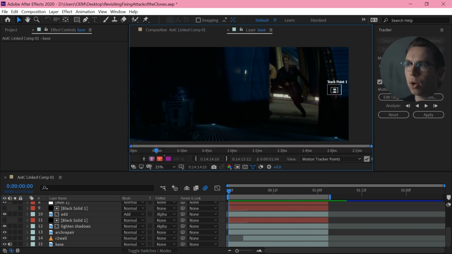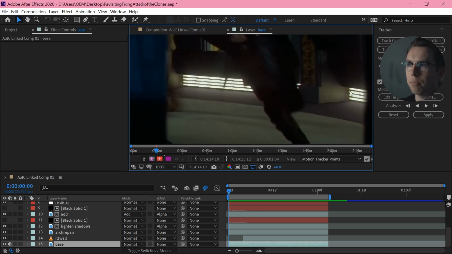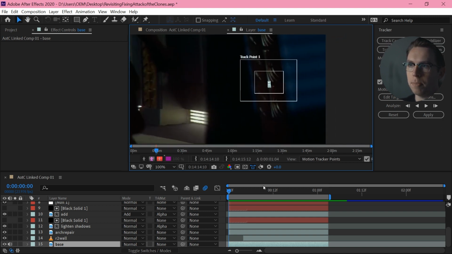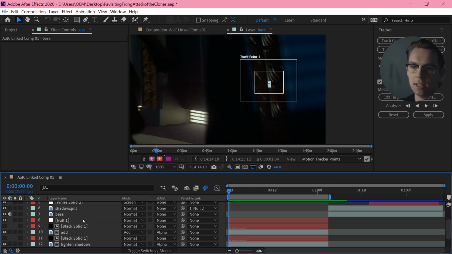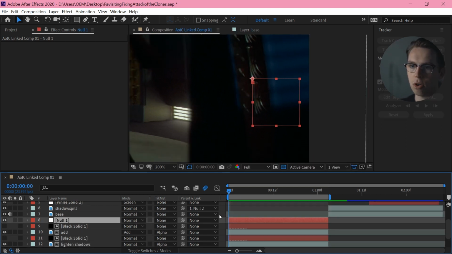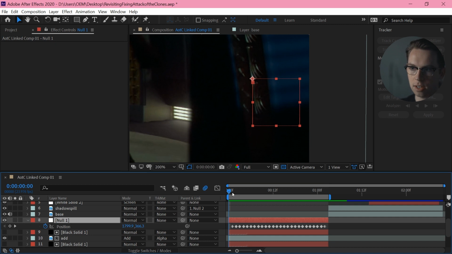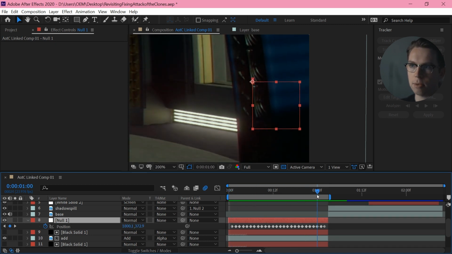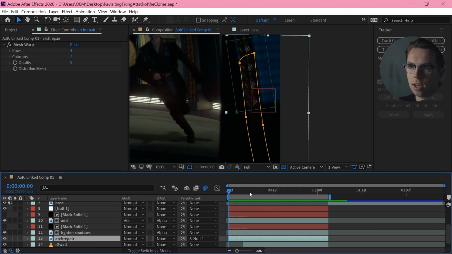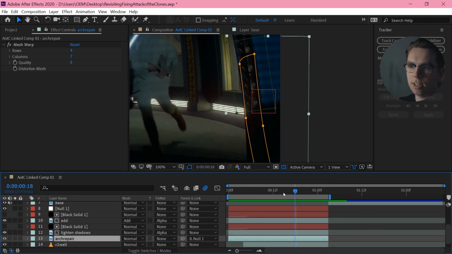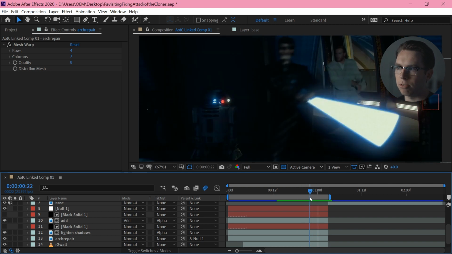So I have had to motion track this footage. I've taken this base layer, I've just put a track point on an area with a bit of detail, and tracked forwards and backwards, and that just gives me the position information of what that camera movement is. I apply that to this null object, so back in our composition we have this little red box that is moving in the correct position. So then I can parent this arch repair to that null, and that's just going to make sure that it sticks in place. It's not perfect, it is still floating around a little bit.